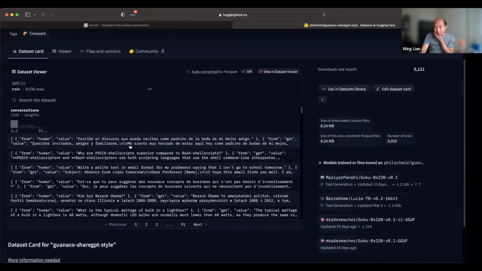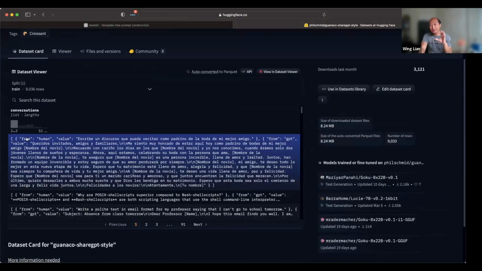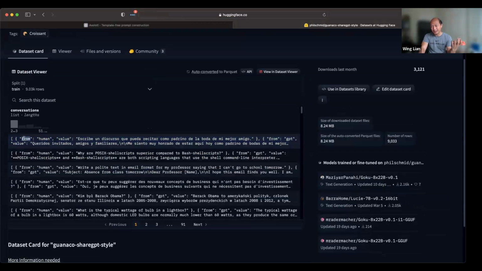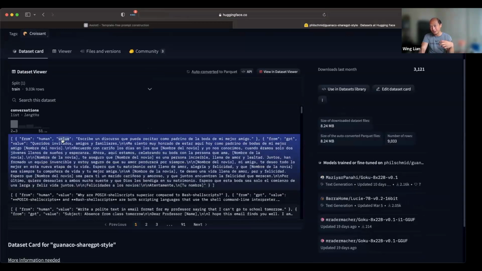From this one, there are a couple of variations. Sometimes you'll see human, or user for the user turn, and then you'll see GPT or assistant for the model turn. There are variations where you can have "from human," or you can have the role as human. You also see variations where there's "value" here, or there is "content."